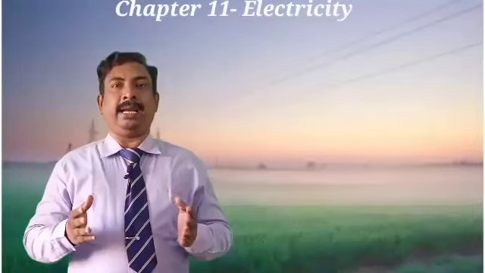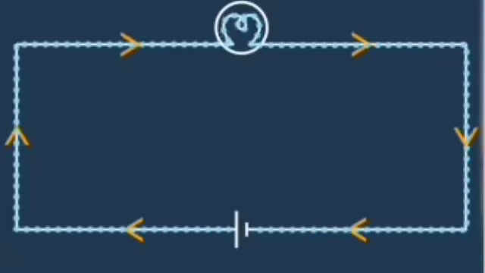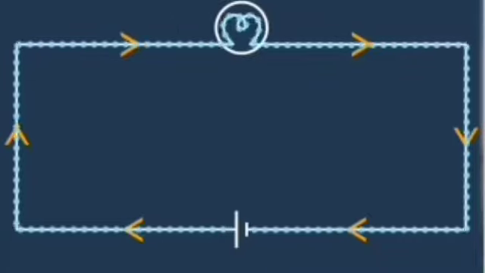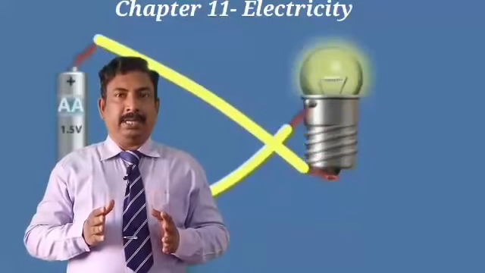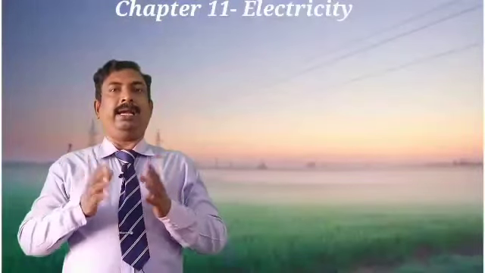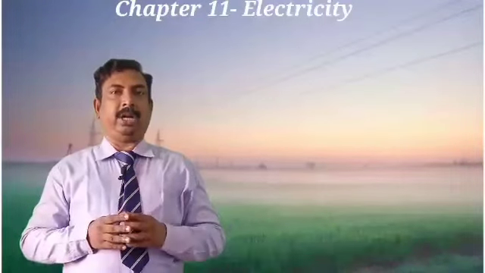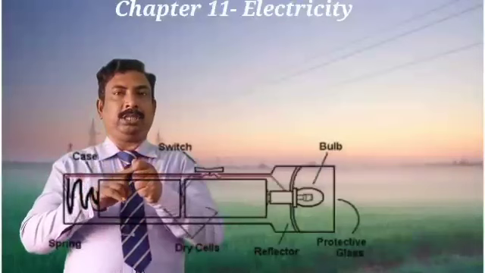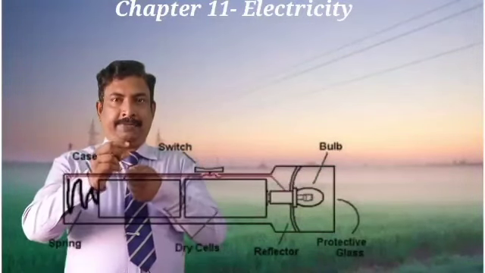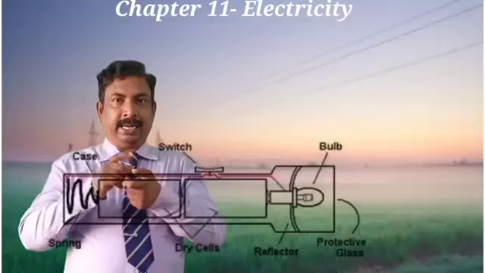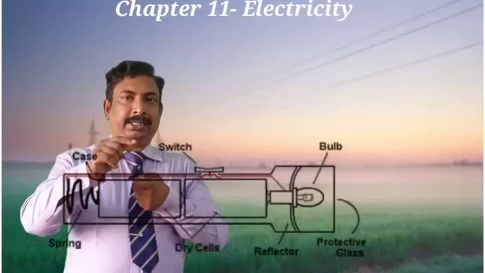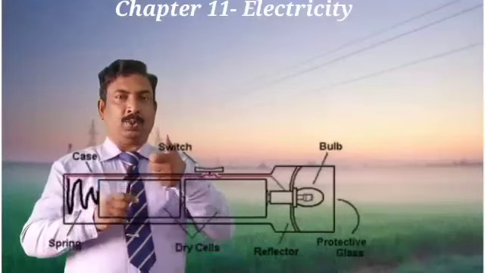I said electric current. It means what is flowing in it? Yes, electric charges which are flowing in the wire, we call it electric current. Electric current we can observe in electric circuits. Let me take the torchlight. In the torchlight, what can we see? Bulb at the front, and batteries in the middle, and there is a connection between the batteries and the bulb, and a switch.